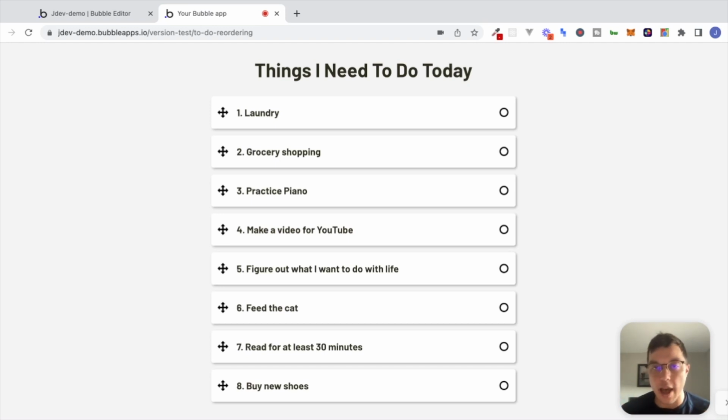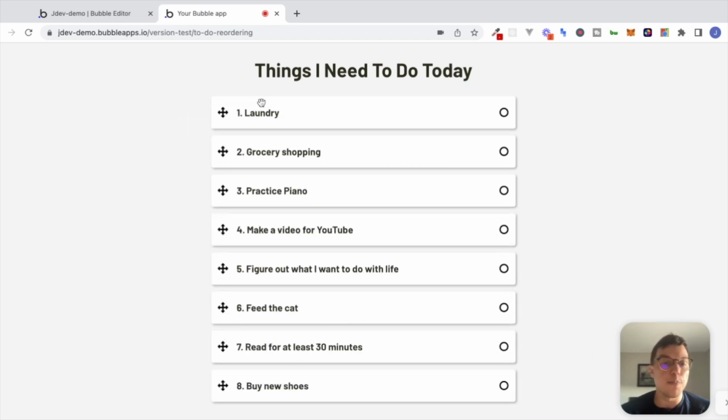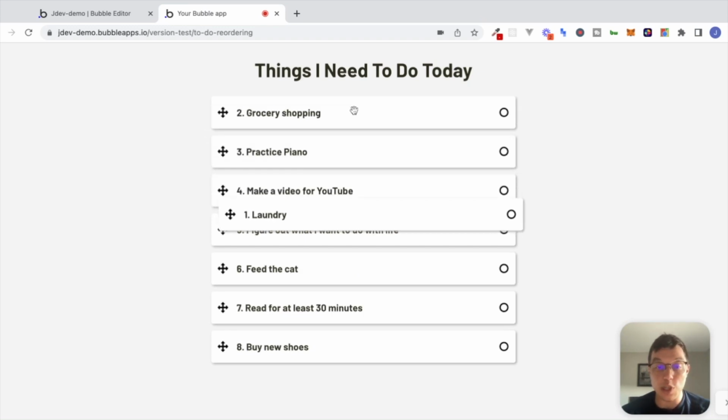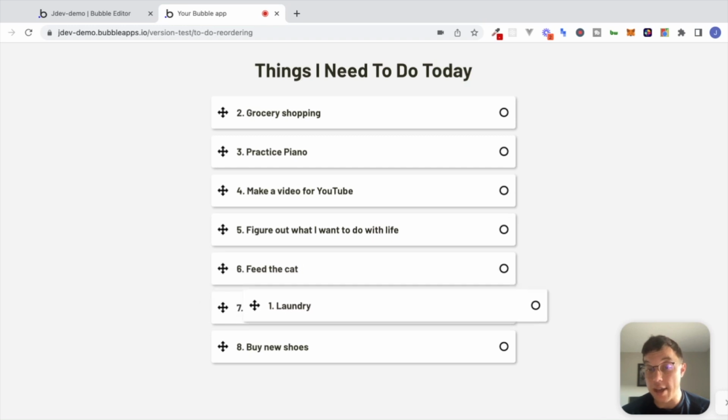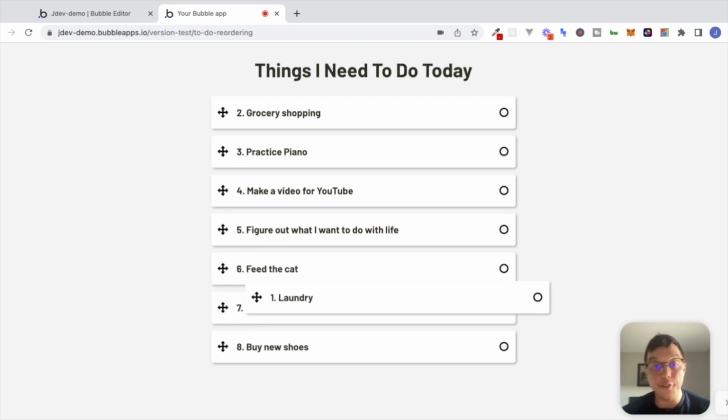A lot of apps will have a type of interface like this where users need to be able to reorder things inside of a repeating group, so reorder list items. If we look at this example right here, these are things that I apparently need to do today. What we want to do is allow our users to prioritize different things that they want to do. So if I decide, for example, that doing the laundry is not as important as feeding the cat, maybe I could grab laundry here, I could drag it right underneath feed the cat,